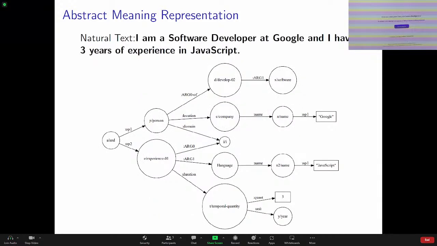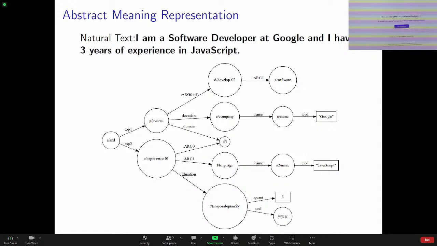So, an example which could appear in our context: let's say someone mentions in his or her resume that I'm a software developer at Google and I have 3 years of experience in JavaScript. So basically, this text will be converted into this kind of graph. We can see that